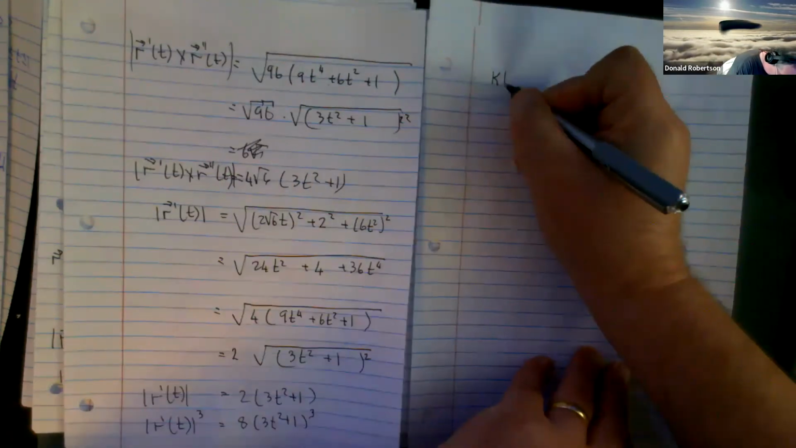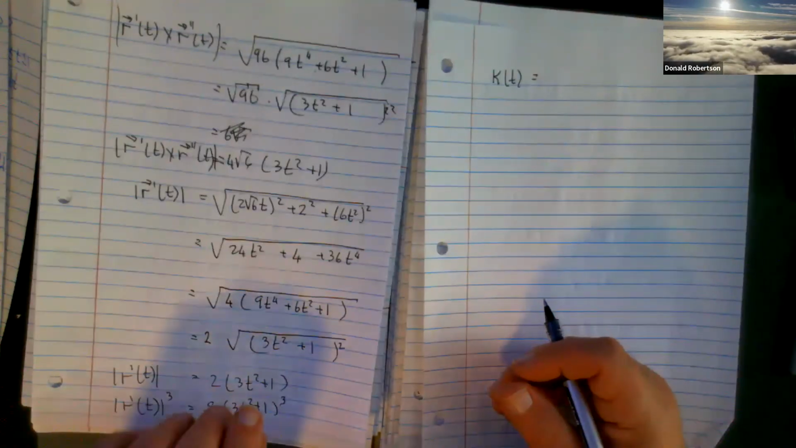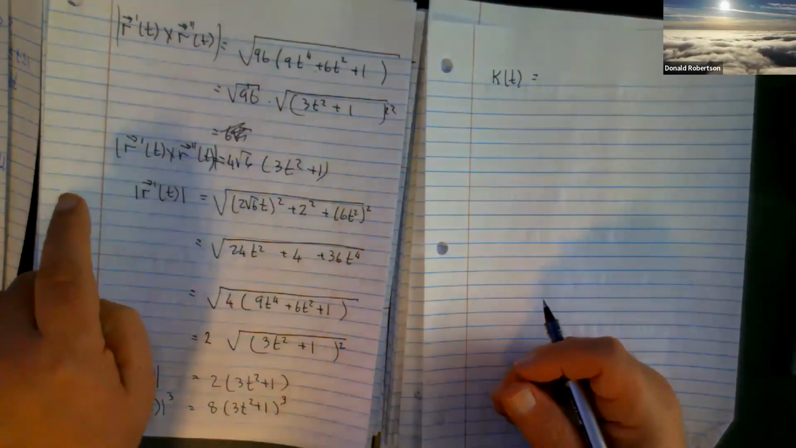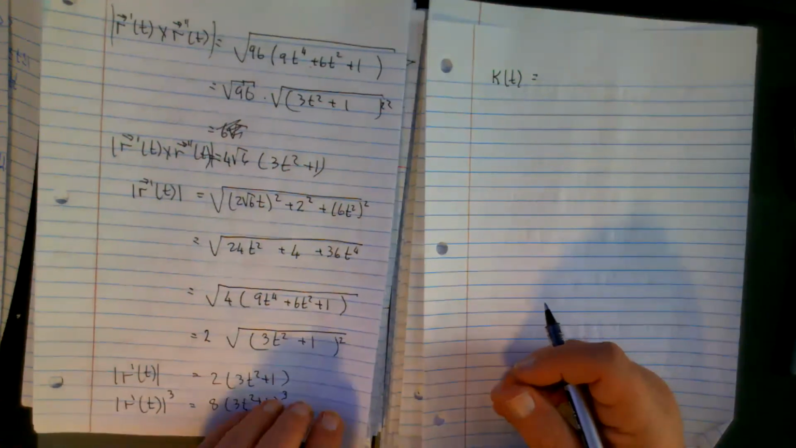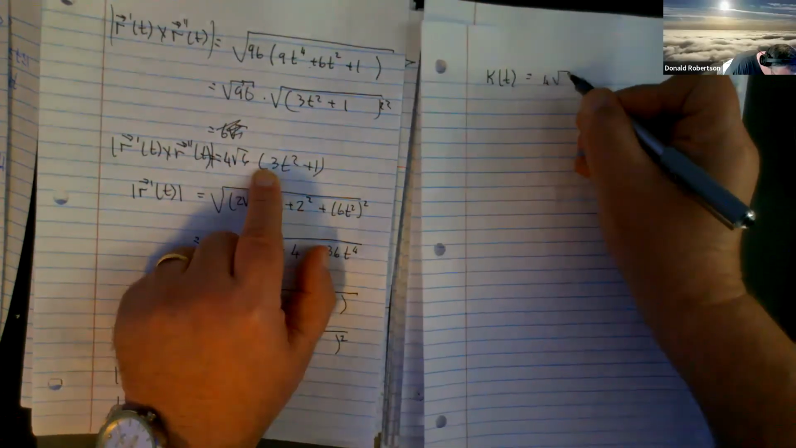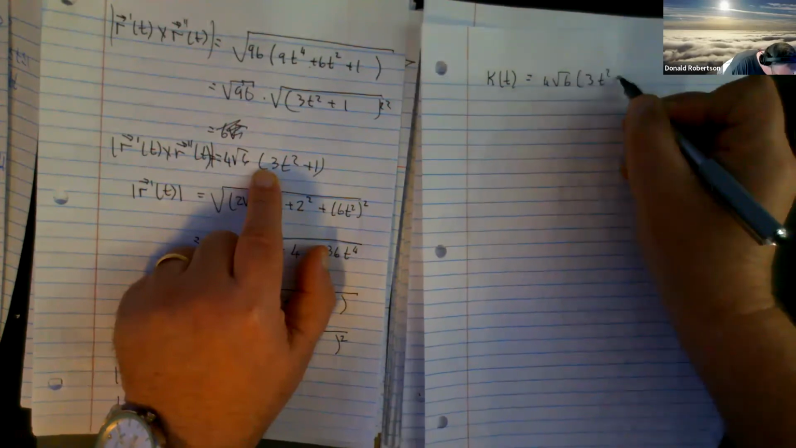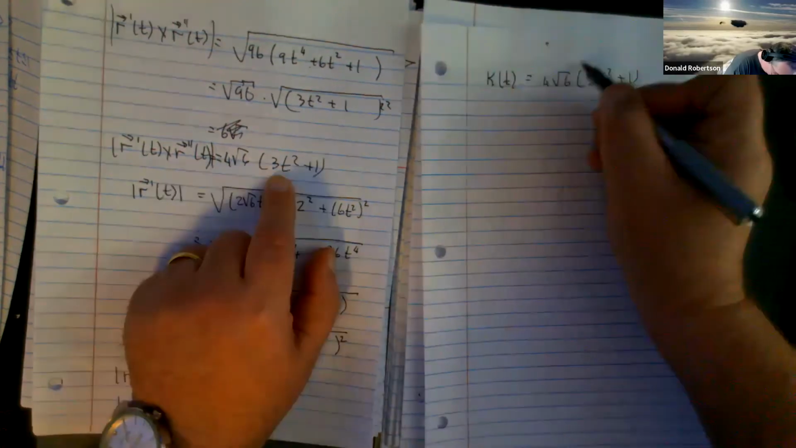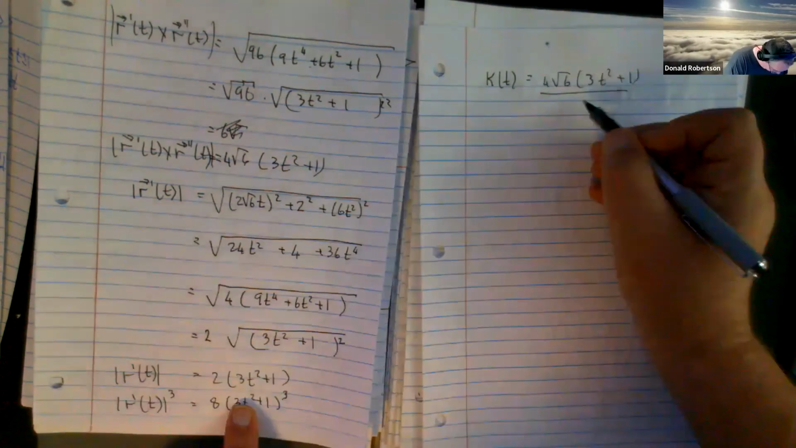So the curvature at t is equal to, I've lost the guy. The first variable is on top of the paper. Yeah, so that was the cross product, right? That guy there, over this guy cubed, which is,